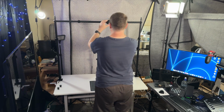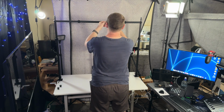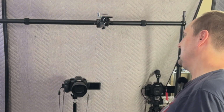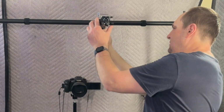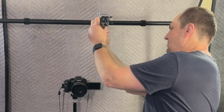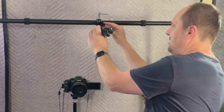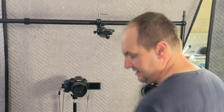Now it's on a slight angle, so what I can do is adjust that with the ball head. Now that is quite out towards the actual edge of the desk, so what I might do is use the articulating arm just to undo it and drop it down. So more of a right angle like that. So that works as well. So then, as an example,